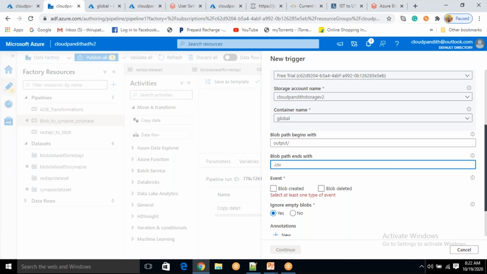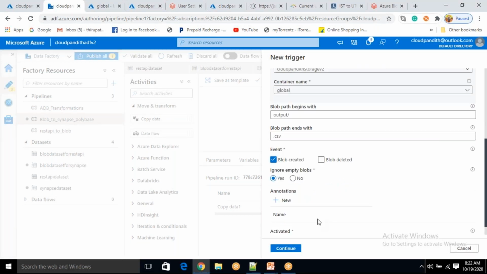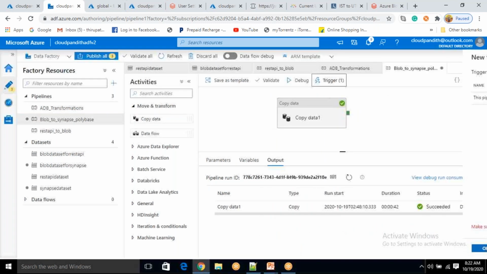This is also .csv. You have to run it when a blob is created. So I'm activating. Click continue. Click OK. Click OK. So next thing is,